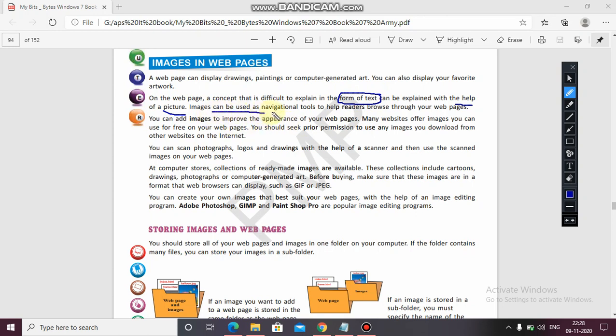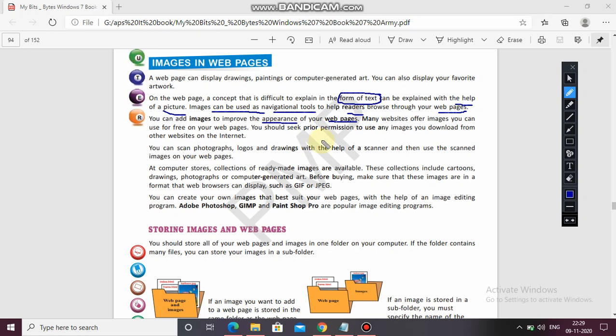Images can be used as navigational tools to help readers browse through your web pages. You can add images to improve the appearance of your web page, like changing the font sizes and font color, to make it more attractive.